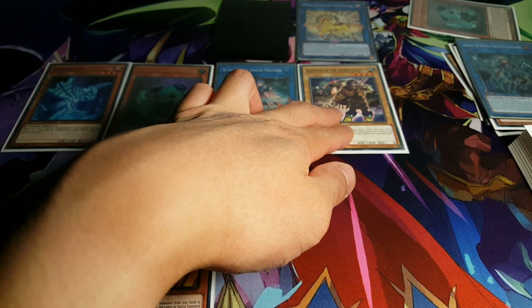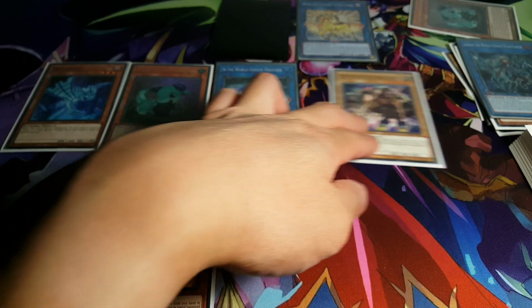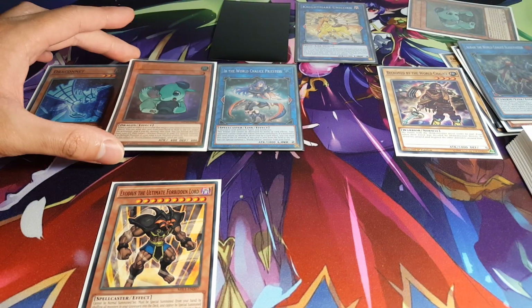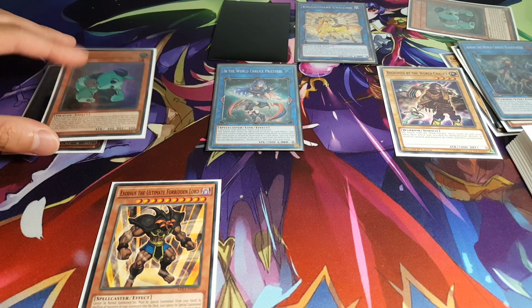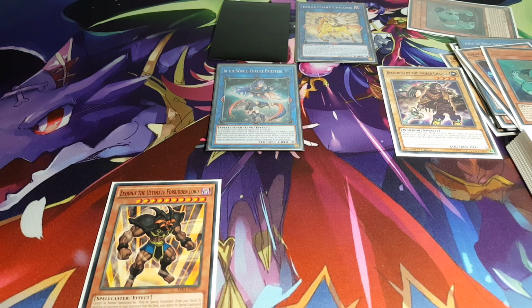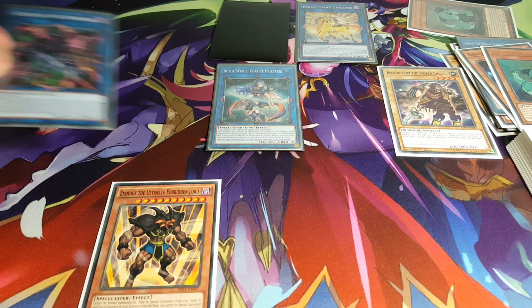So now we have Beckoned as well, and we're going to put Beckoned right here, and we're going to take the Guard Dragon, and we're going to take the Draconet, and we're going to link them away. And this time I'm actually going to go for the...